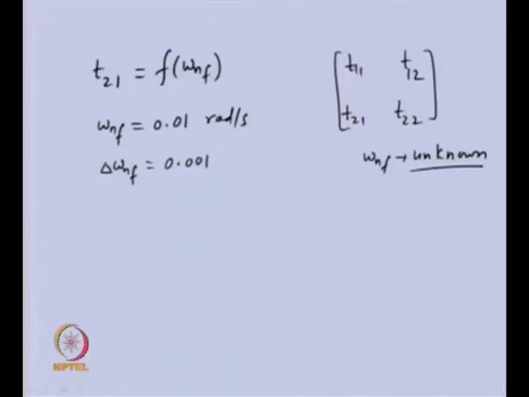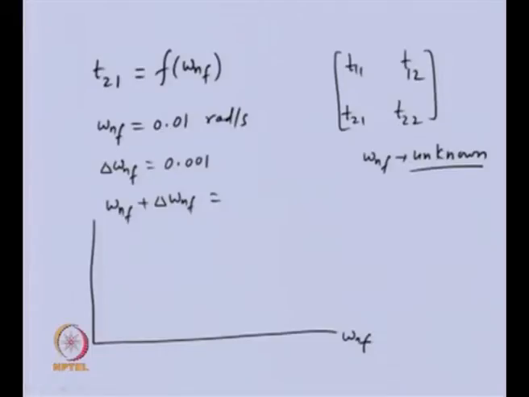So, this will be the new natural frequency for the second step, and we will again substitute this in the function and see whether it reduces or increases, and in fact we can have a plot of the natural frequency chosen and this function,